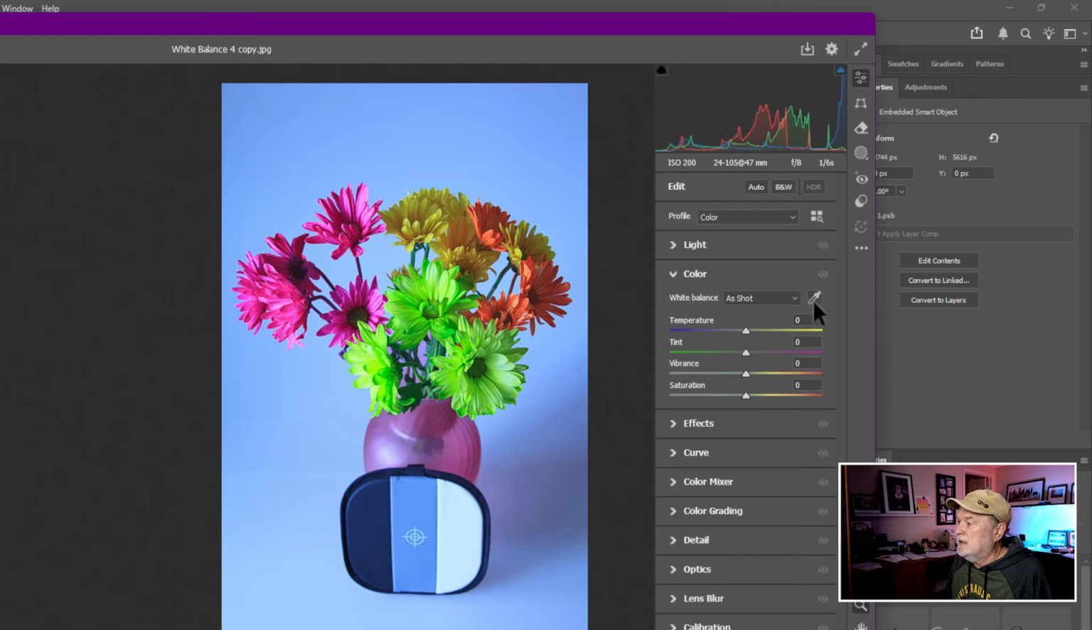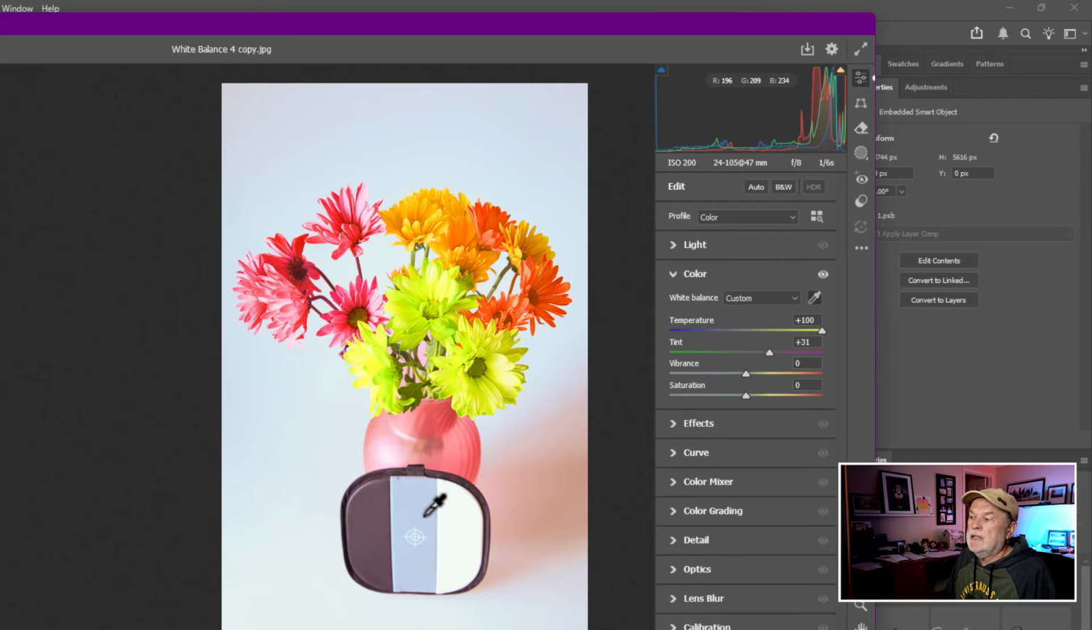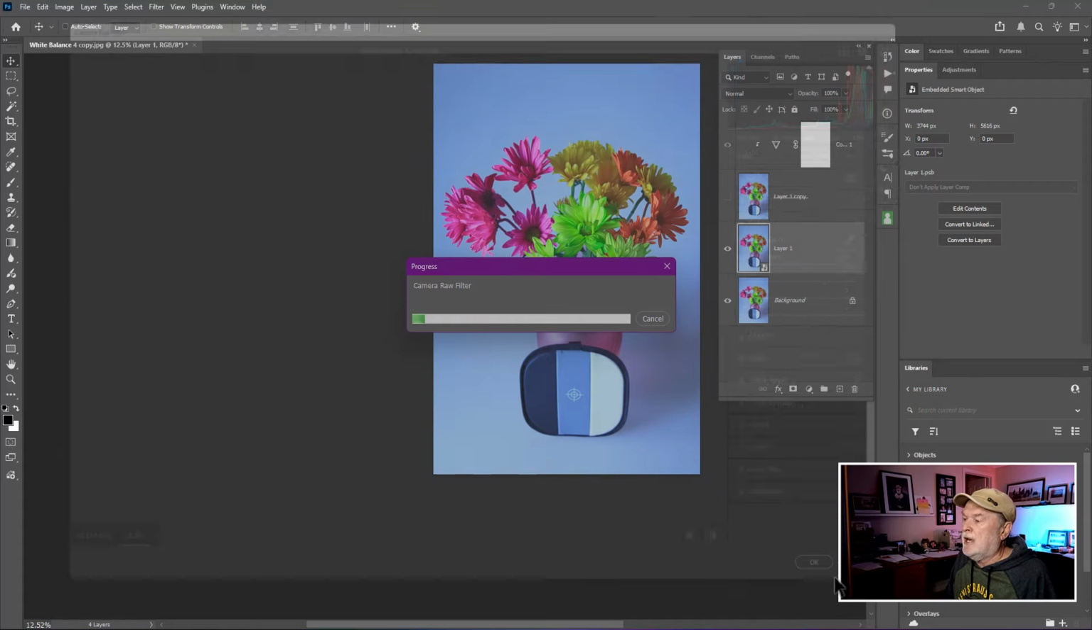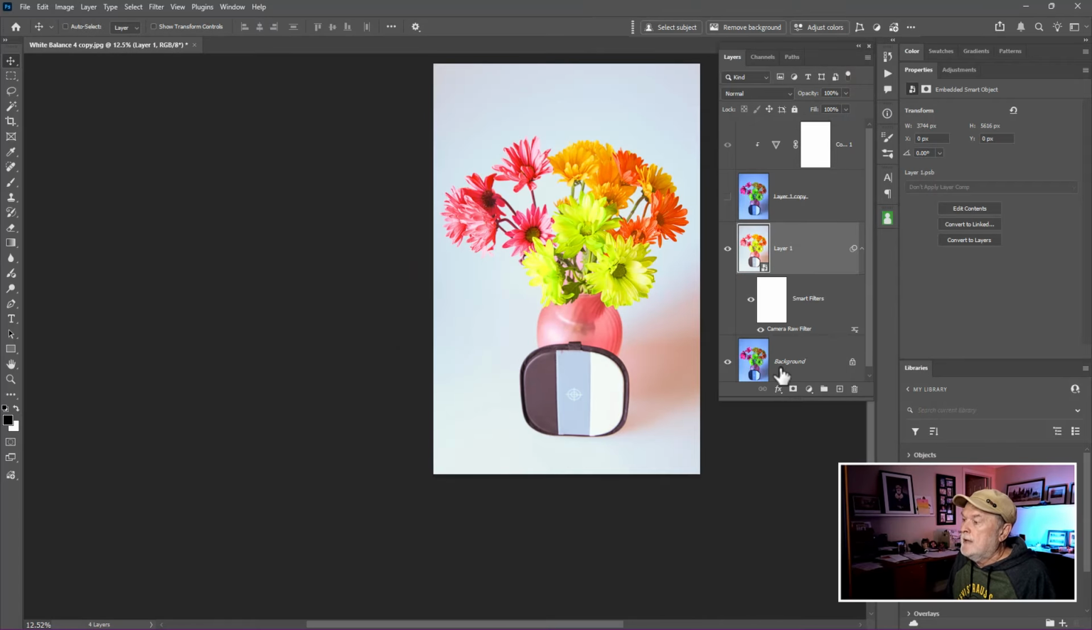So again, if I activate the eyedropper and I click on the neutral gray, there it made the correction. Now I'm going to leave everything alone because this is sort of blown out in my opinion, and we have to adjust the lighting, the exposure. But I just want to make sure we understand the difference between doing white balance on a JPEG file and a RAW file. Now when I click on OK to accept that and it drops it in,